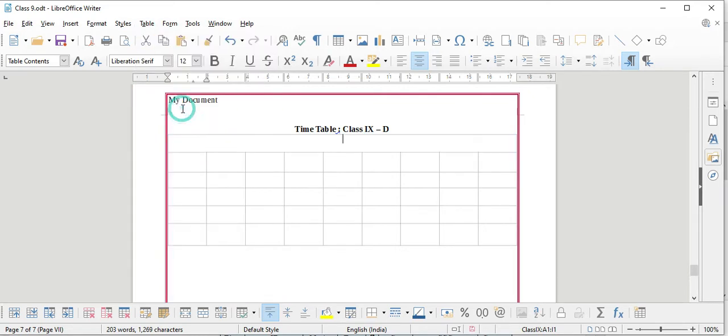I'll click on that, and here I will write class teacher A, B, C. For making it center, I am pressing center align, center vertically.